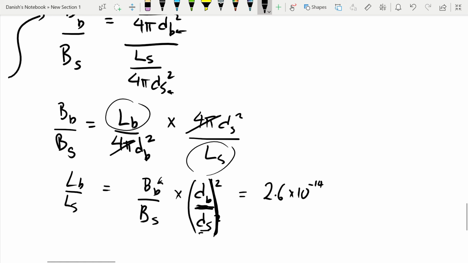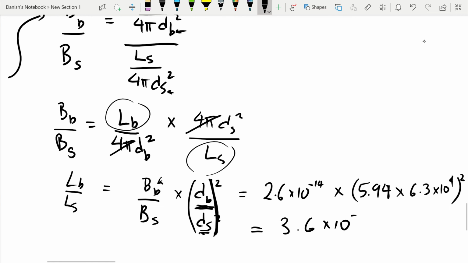So the bottom ds will just be 1 because the distance to the sun is 1 astronomical unit, and the top will be equal to 5.94 light years, and we know the conversion to astronomical units is 6.3 times 10 to the 4th, and we square that value. And our final answer for the ratio, we get 3.6 times 10 to the negative 3rd